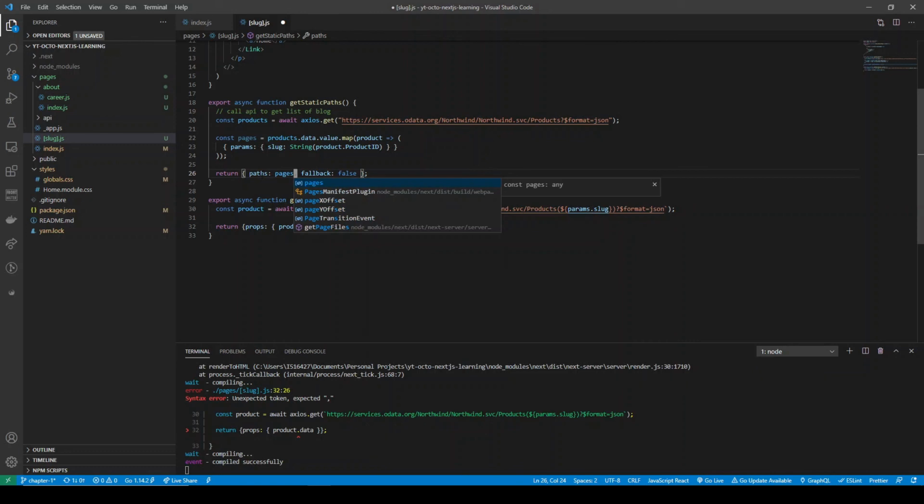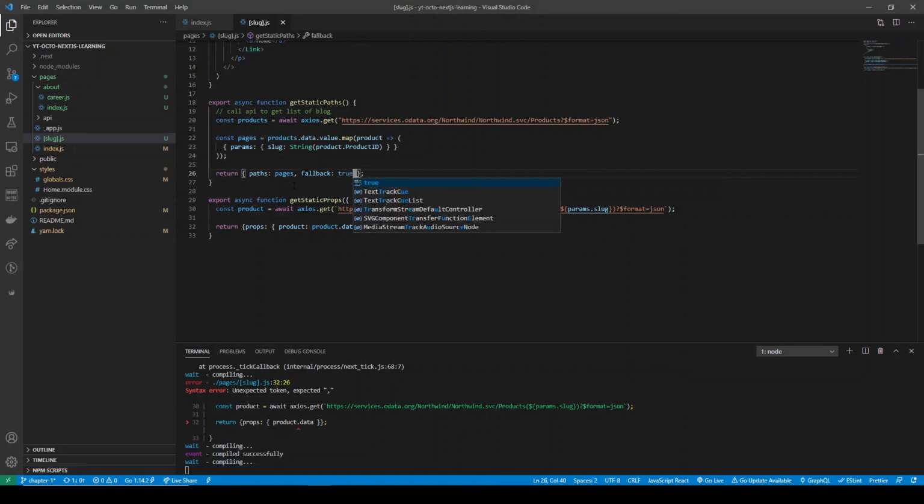Okay, so make sure that you're passing the correct property here. And this fallback is also important, so it is a required field. If you don't want to use fallback, you can just pass it false, but you have to pass it. So what happens if you pass it true? If we do it like this, true,